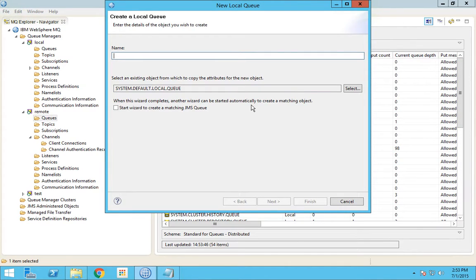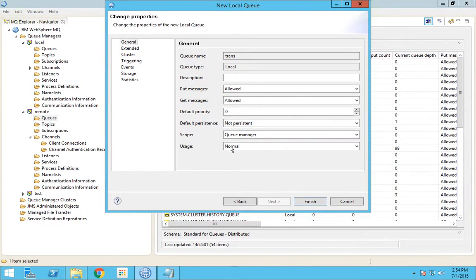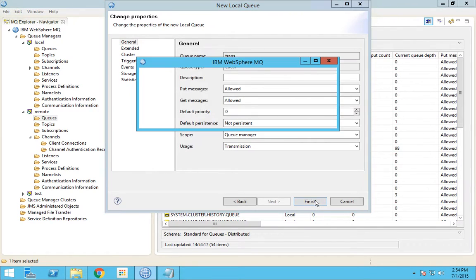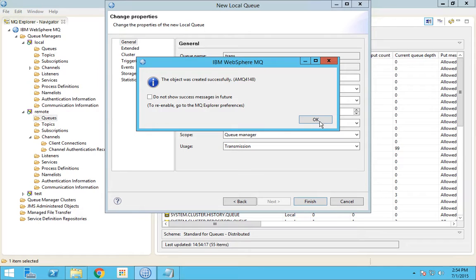So I'll name it trans and go to next. This is the feature that you are going to define as transmission queue. So instead of normal, you need to have it as transmission. Okay, and I click finish so that it gets created.